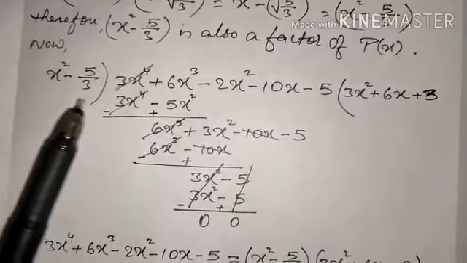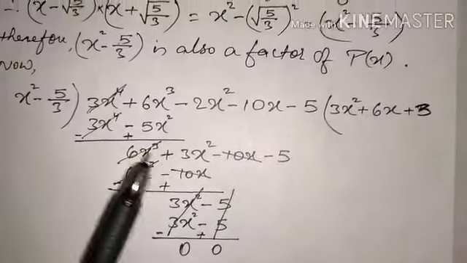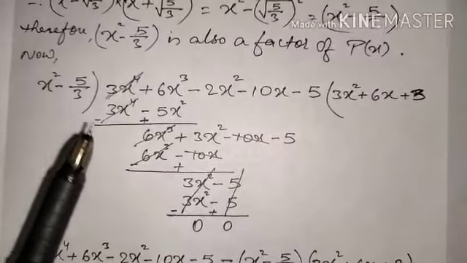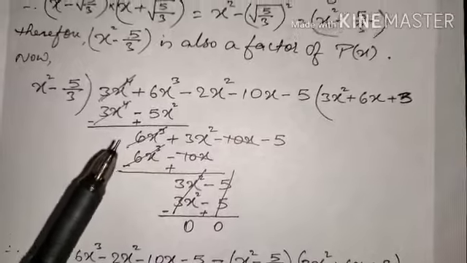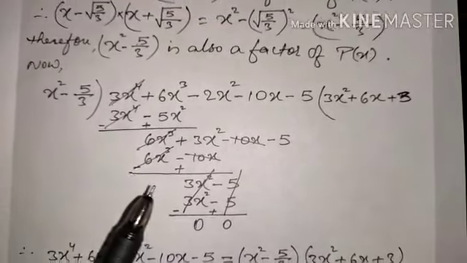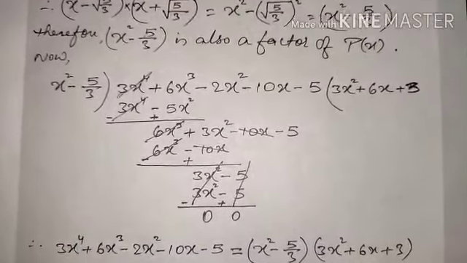After that, 6x is going to multiply with 5 by 3. So 3 into 6, it will become 10x. So minus 10x I had written over here. Now see, this 2 will get cancelled, and the sign will get altered again. So plus will become minus, minus will become plus.